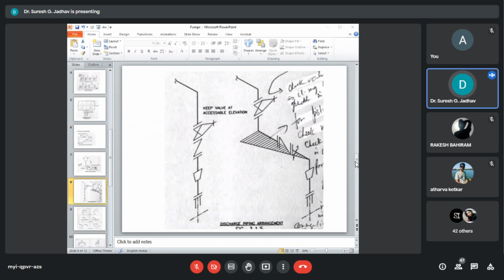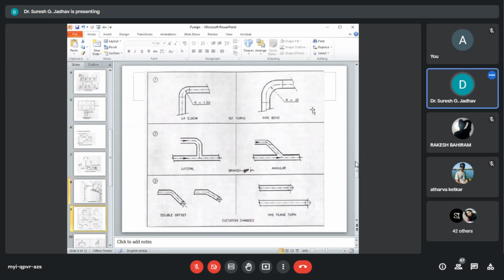Use long radius bends and angular branch connections to avoid sudden change of direction and opposing flows. So here we can refer to these figures for sudden change of direction.